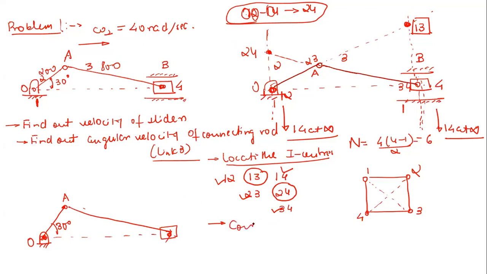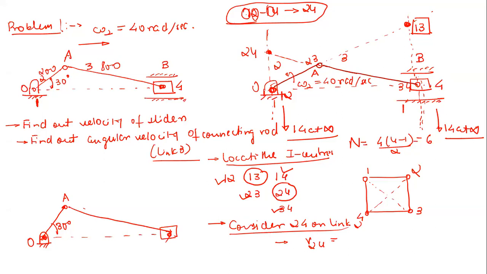So consider this point 2 4 on link 2. Now just tell me, what will be the linear velocity of this point 2 4? Why did I consider link 2? Because at least for link 2, I know the angular velocity. If I go to link 3 or link 4, nothing is known. But for this link, the angular velocity is known, so this can be utilized to move ahead. So just tell me quickly, what will be this V24?